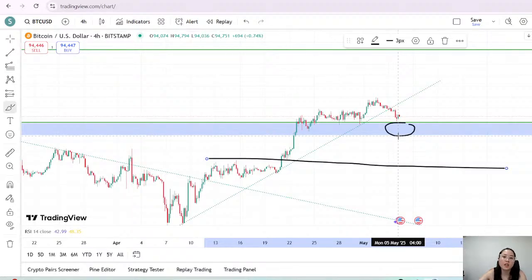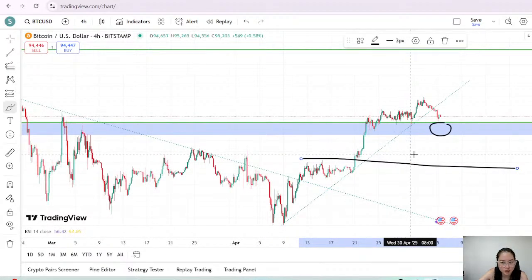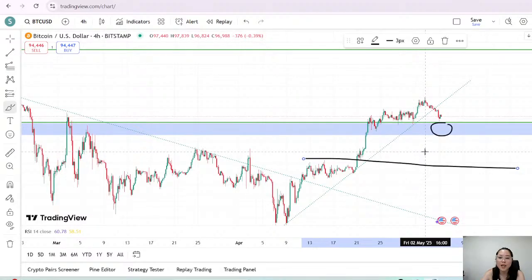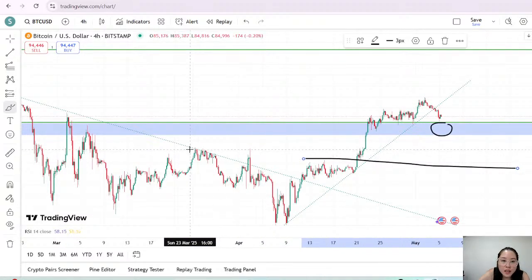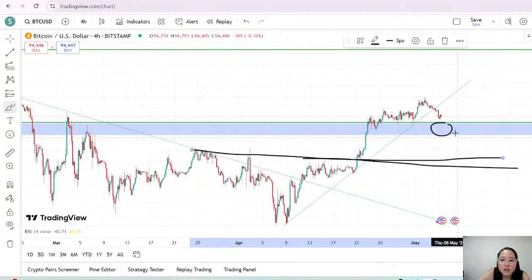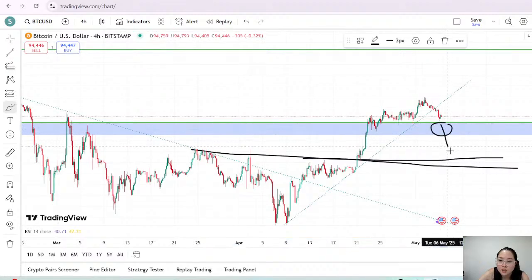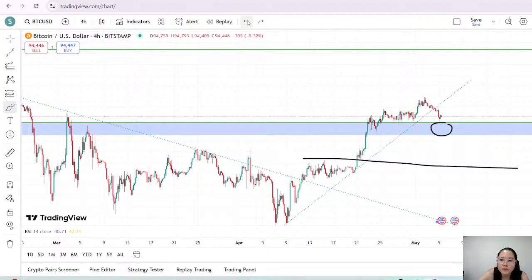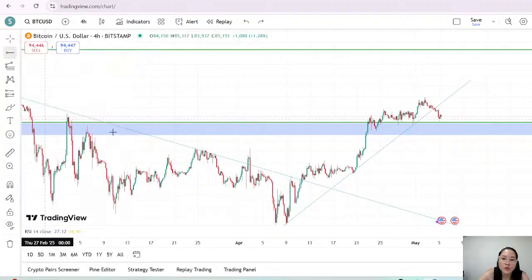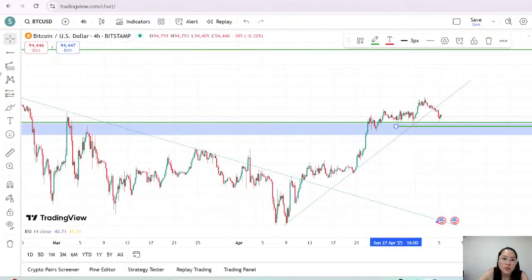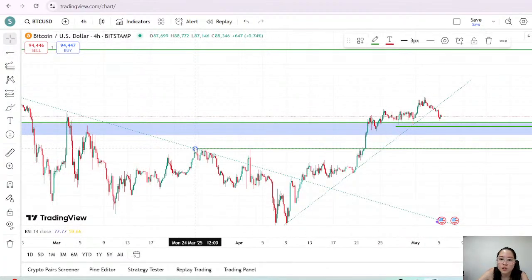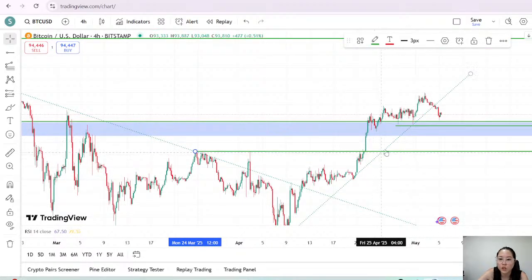Remember, whenever you're trading, your entry is the most important. You want to get in at the best price possible. Okay, so if it doesn't hold in this area, the closest next level that I see is here. First possible entry for Bitcoin is this area here. Second possible entry is here, which is quite far away. Okay, so I wouldn't say possible entry, but these are the levels that you want to take note of.